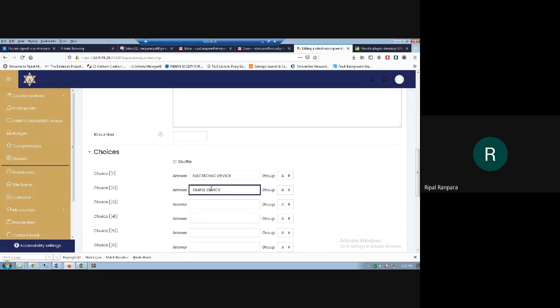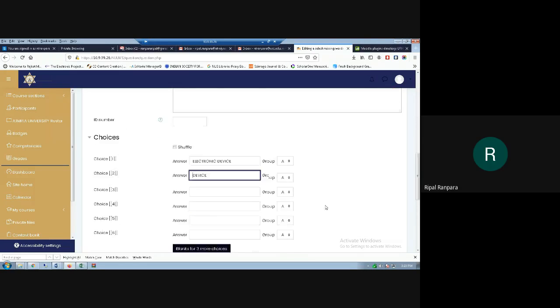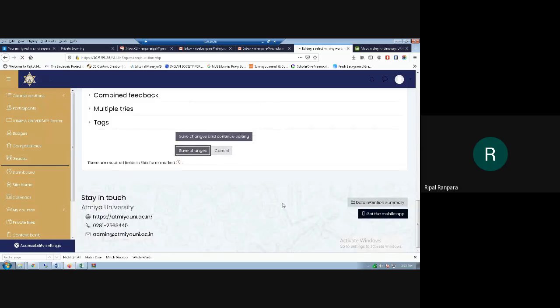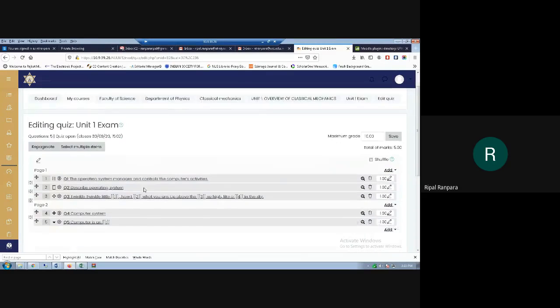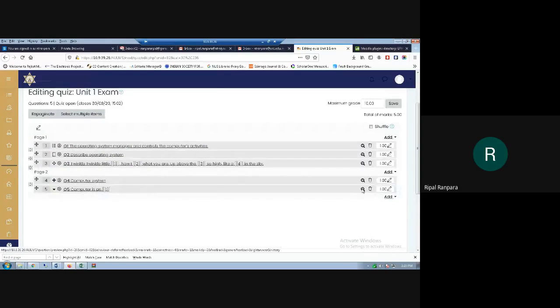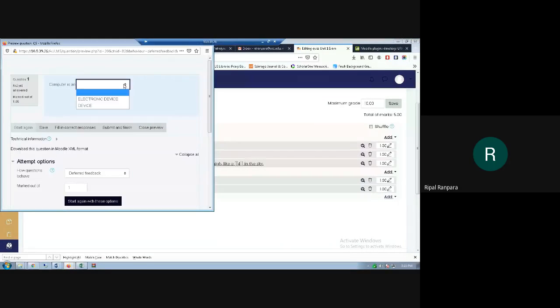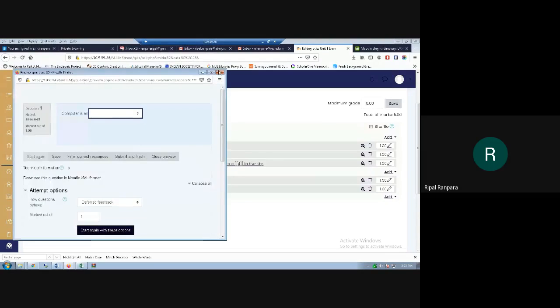Only device, or rather I should say computer is a device. That's it. Okay, so let me save changes. Let us preview this question. As you can see, the computer is an. So this type of question we can also set using this.